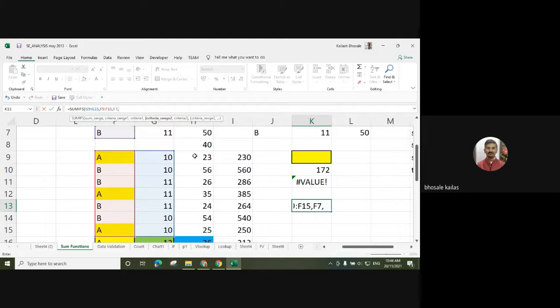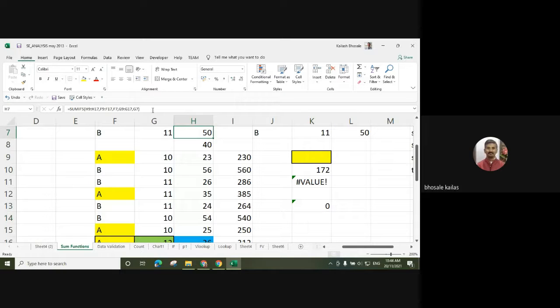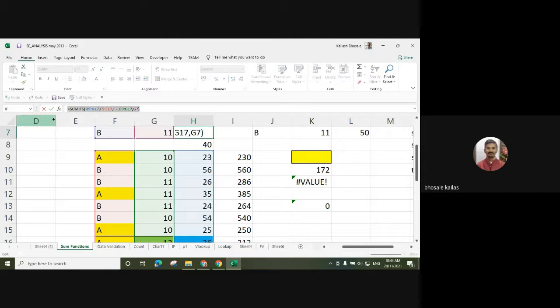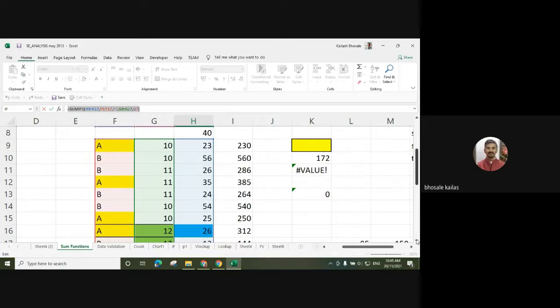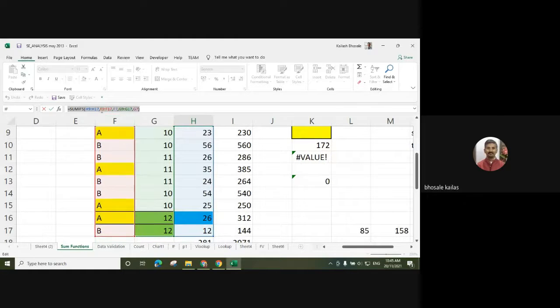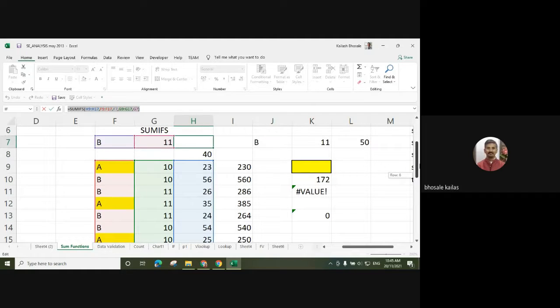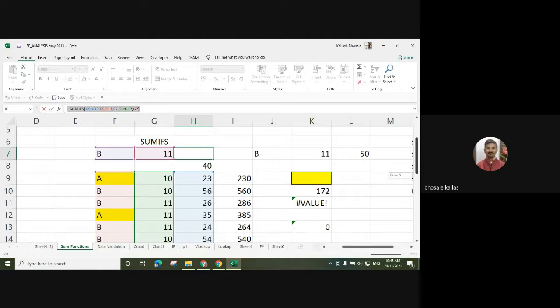B. Third criteria is this. Suppose that we'll see that. SUMIFS is H9 to H17. These are the numbers. Then comma F9 to F17, the numbers which are having A and B. Then comma F7, that is the value of F7, B, G9 to G17 and G7. So we can use this SUMIFS function.